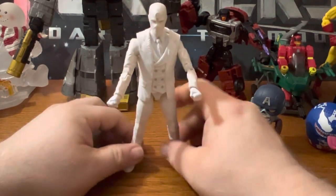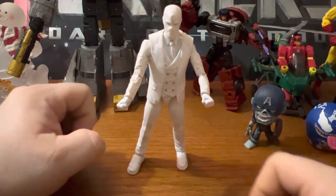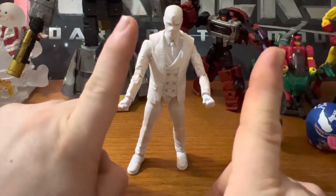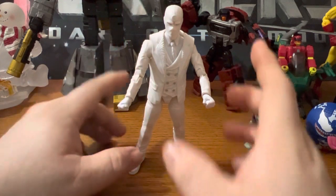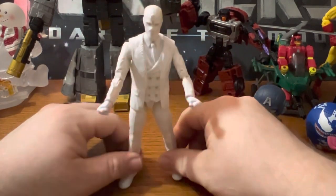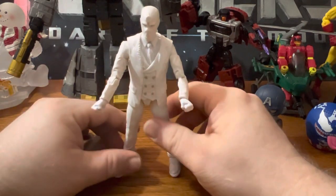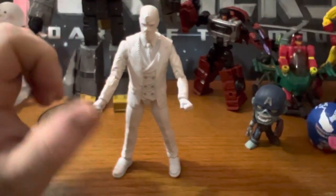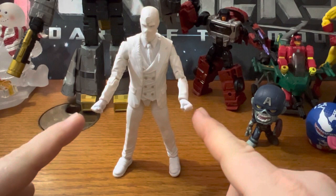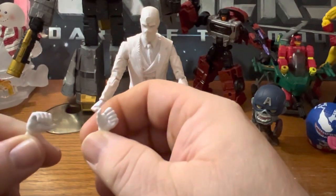Well, I am having a hard time keeping him standing up. It just feels like he wants to lean. So you can tell he's leaning this way. Accessory wise, when he has punchy hands there, he's got one set of holding hands